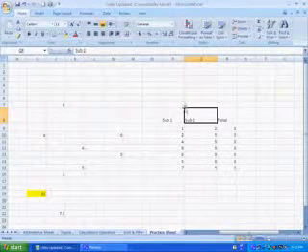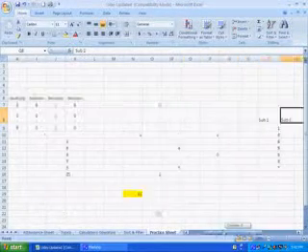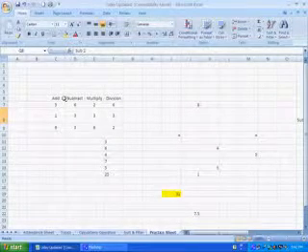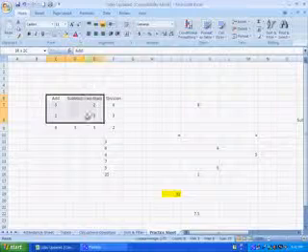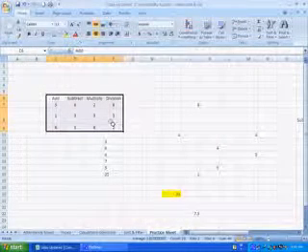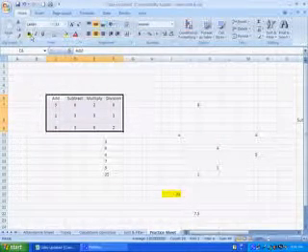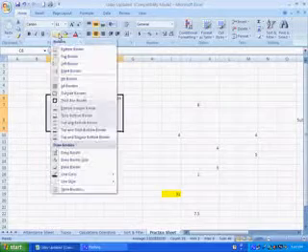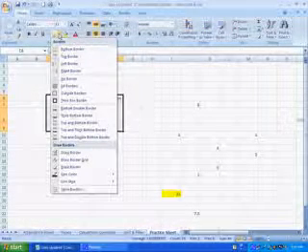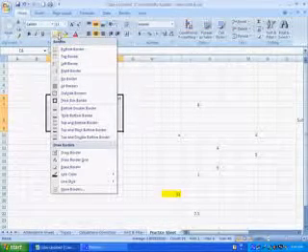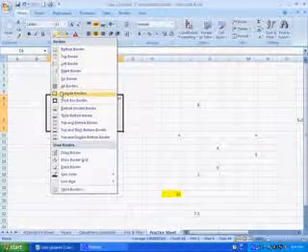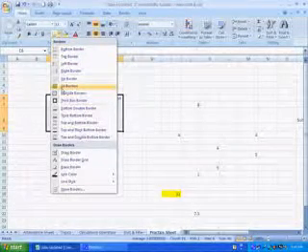Now just come back to the table which we have prepared previously. Now suppose if you want to put borders to this table, you have to just select this table. In the home tab there are border settings. This arrow you have to click. You will see various formats over here. Suppose I have selected this format.